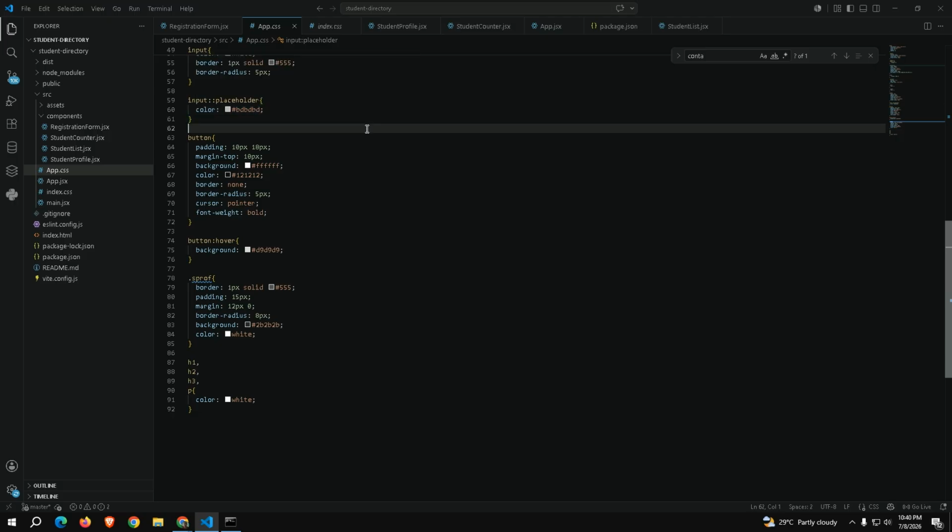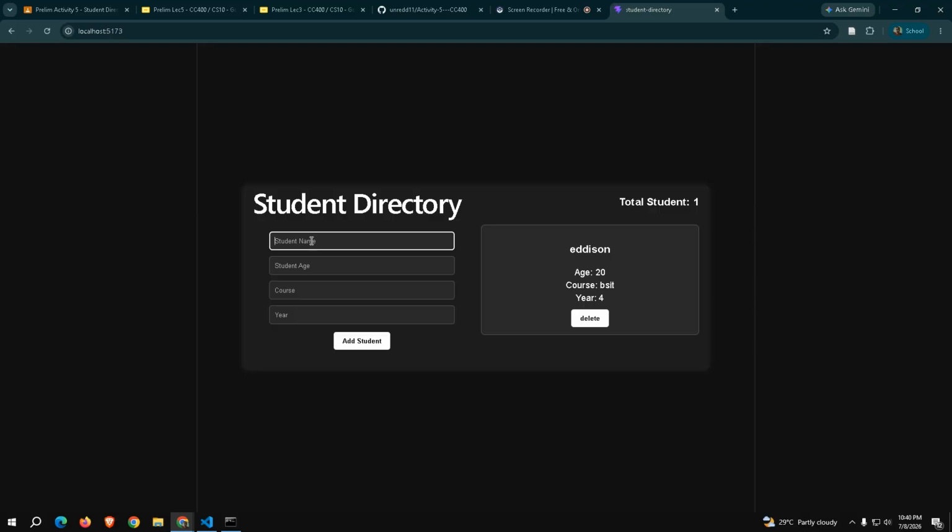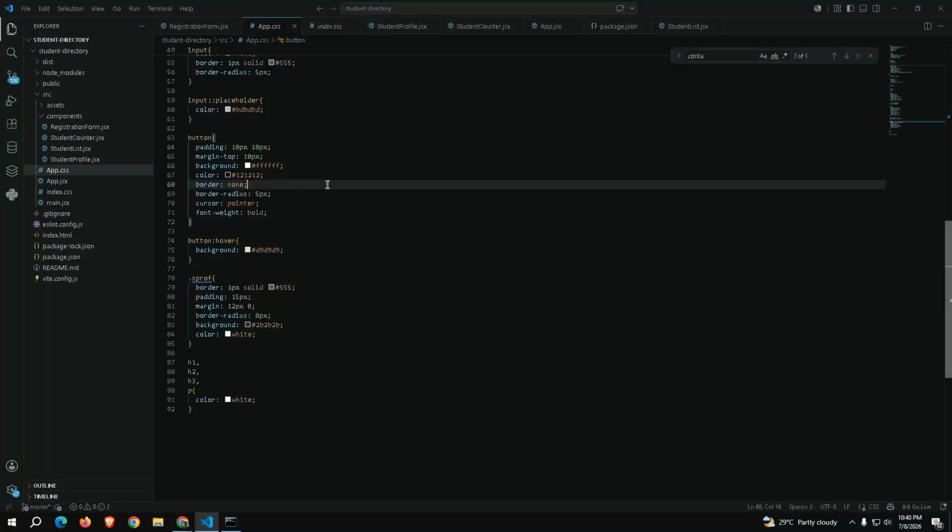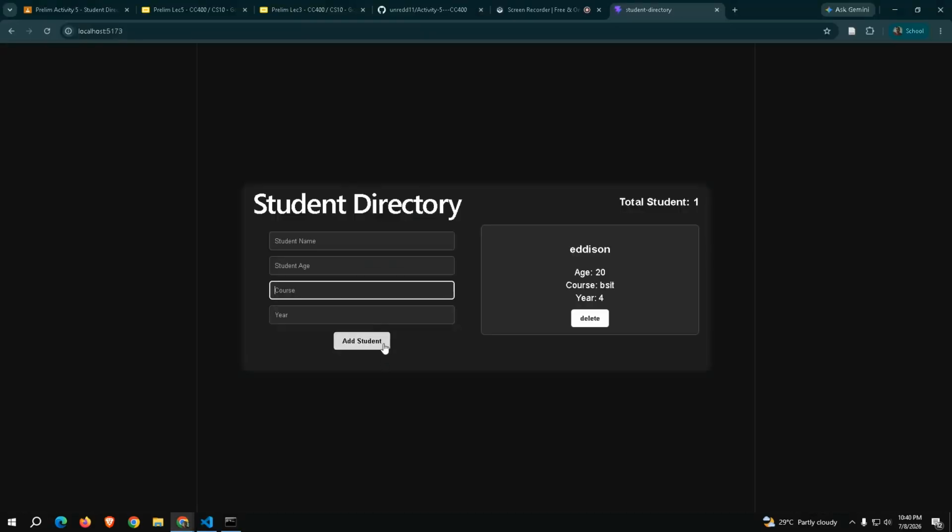The input placeholder shows the student name, student age, course, year. For the button, we have padding, margin top, background color, border none, border radius 5px, cursor pointer, font weight, and it has a hover.